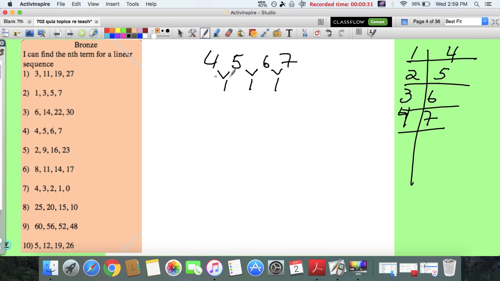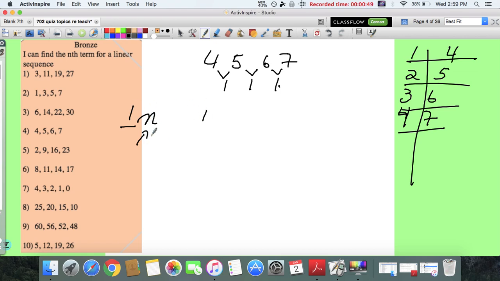It's an n sequence. It's linear. All the numbers are the same here, right? So we can stop. It's an n sequence, all right? So this number over here, that 1 would go here. It's a 1n sequence. So in a 1n sequence, if you substitute n for 1, 1 times 1 would